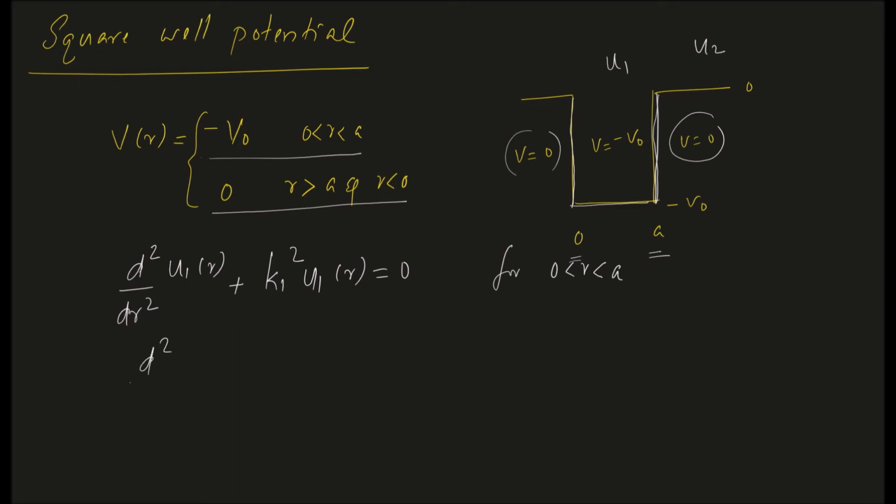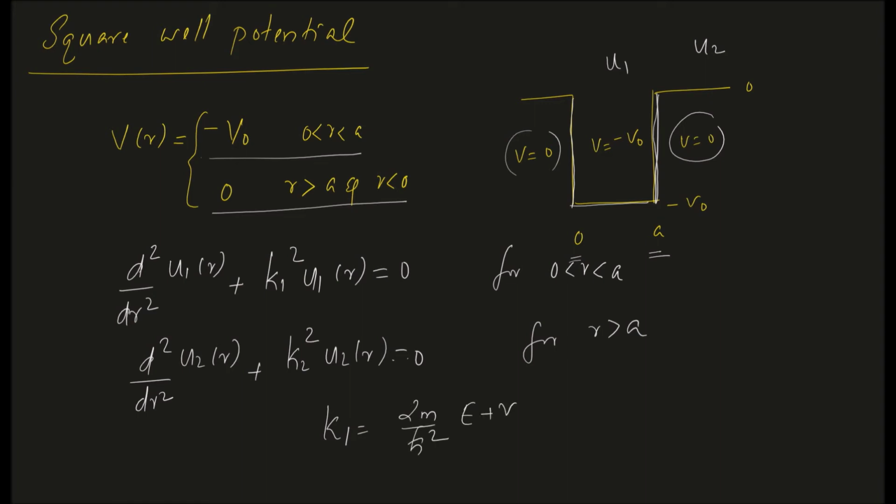And you can also write d square by dr square of u2 of r plus k2 square u2 of r is equal to 0 for r greater than a, where k1 is given by 2m by h cross square into E plus V0. So k1 is the wave vector in the potential well region, where we have minus V0 for the potential value. So k1 square will become 2m by h cross square into E plus V0,